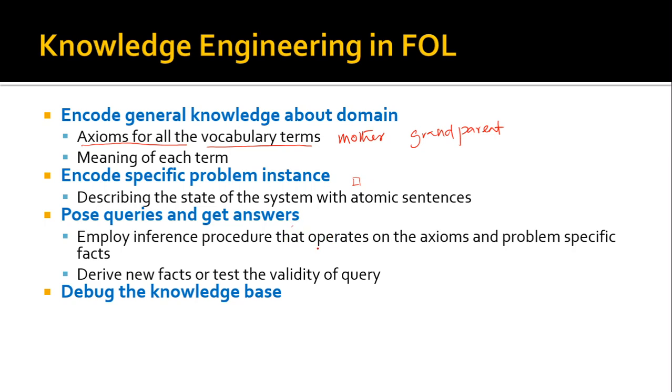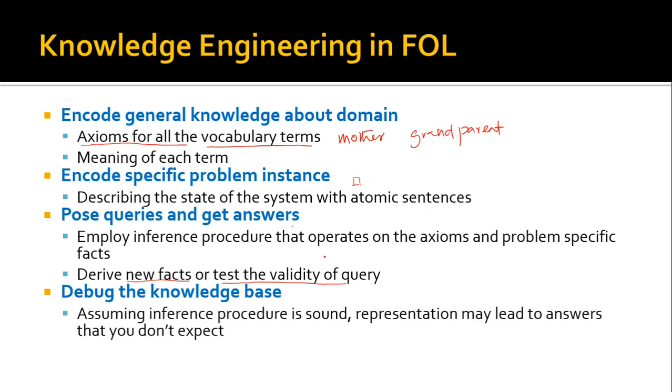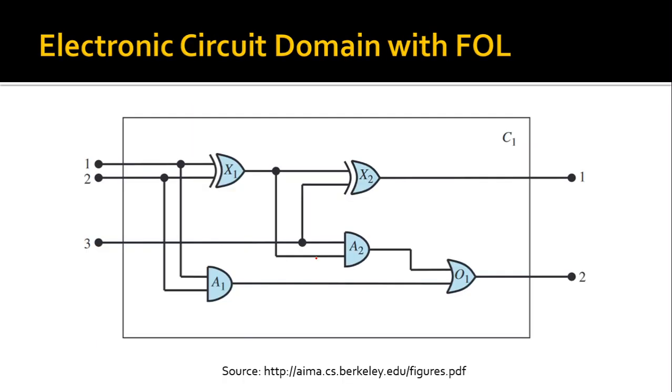You ask the inference procedure to come up with new facts, and as you derive a new fact, you can use that new fact for your purpose, or you can come up with a fact that you want to test also, right? And finally, if you have certain problems, you need to get back and see what is happening. You need to debug the knowledge base, whether you have certain inconsistencies while you have defined the knowledge base. So to illustrate all these steps, let us take an example picked up from the book of